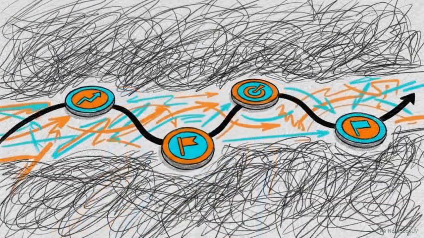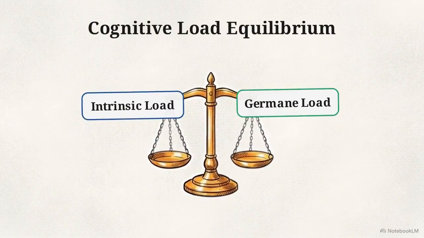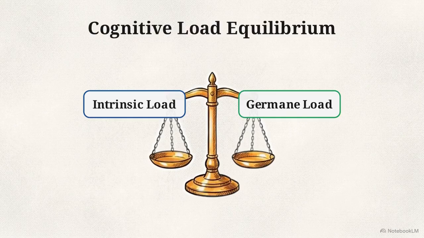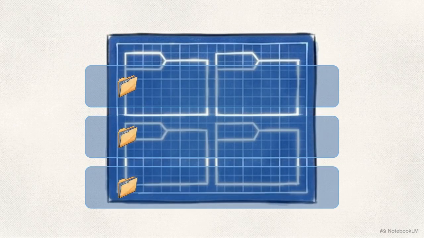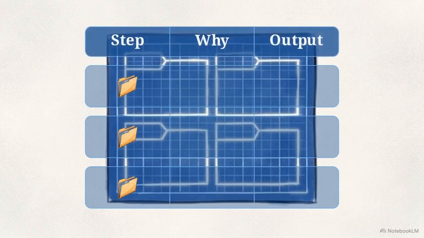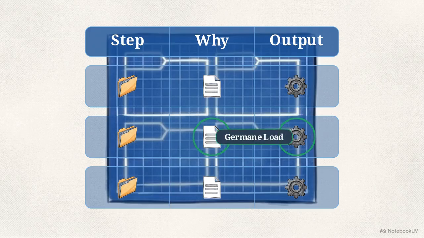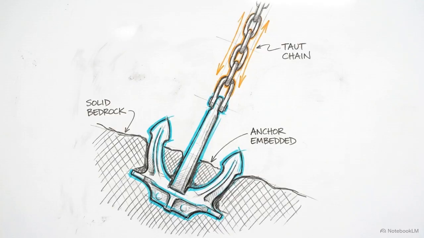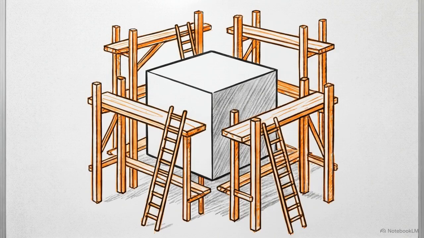This task-driven outline is a perfect execution of the cognitive load balancing equation. First, it manages intrinsic load by chunking workflows into discrete steps. Second, it minimizes extraneous load. The structured grid and headers remove guesswork, freeing mental processing power. Finally, it maximizes germane load, forcing learners to connect abstract theories directly to real-world outputs. A professional outline ensures every lesson remains anchored to the primary learning outcome. An effective outline is a piece of engineered cognitive scaffolding, specific